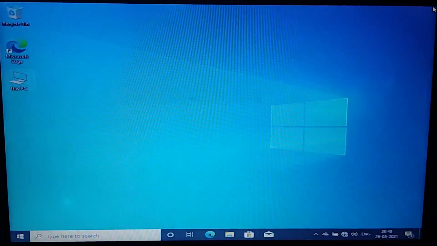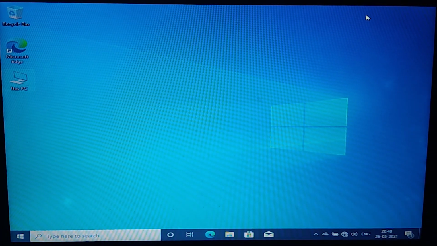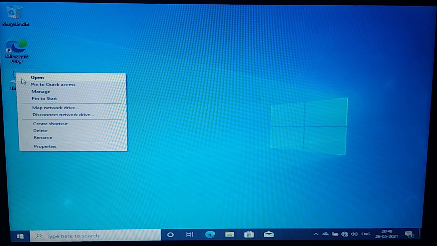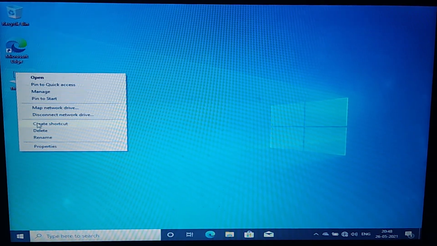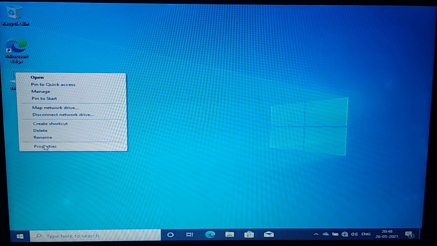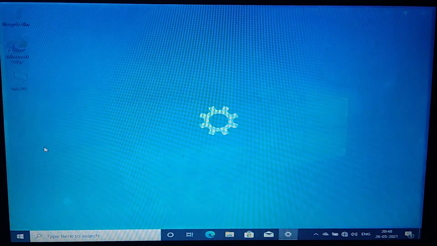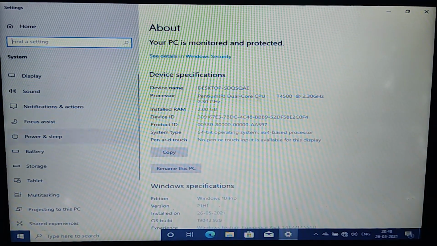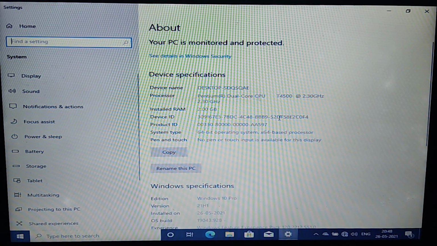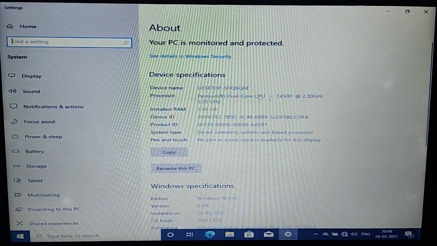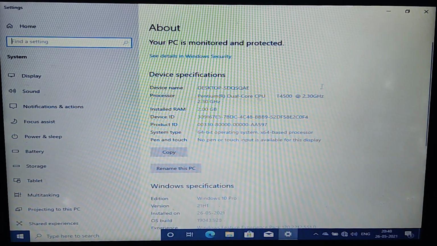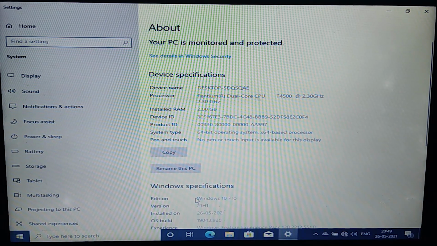So we'll close this and come here, then right click, then go to Properties. Then we can also see here the system type is 64-bit operating system and the edition is Windows 10 Pro.